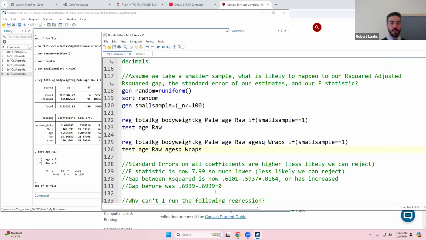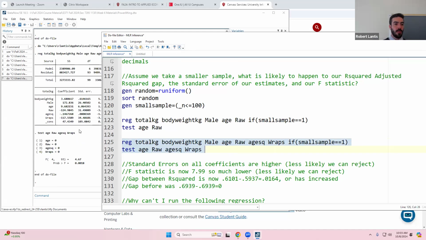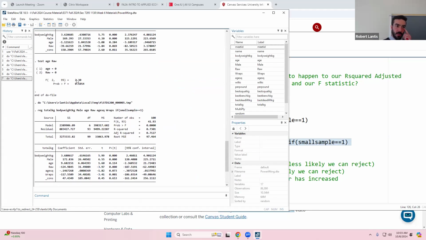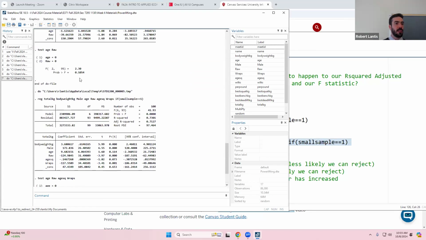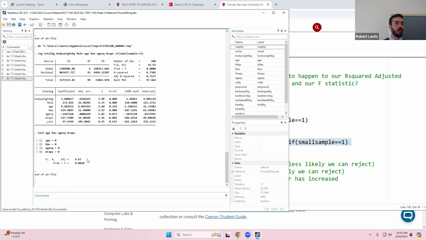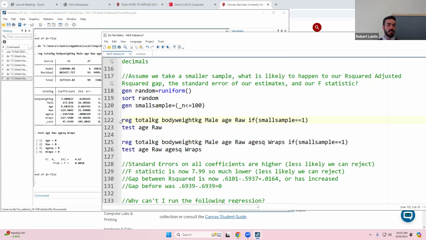So now if we run this regression, we're testing instead 4 different restrictions relative to before. Okay, well, I'm still using that small sample. I'm now testing 4 of these restrictions. I actually end up with a higher test statistic and a smaller p-value. So why could this be the case? Well, let's dive into this a little bit deeper. So instead of just running this restricted model behind the scenes,